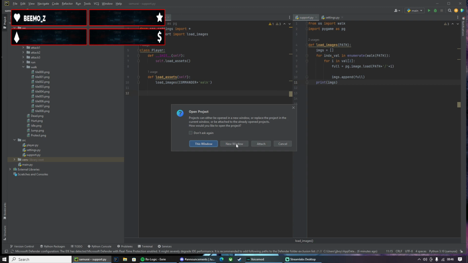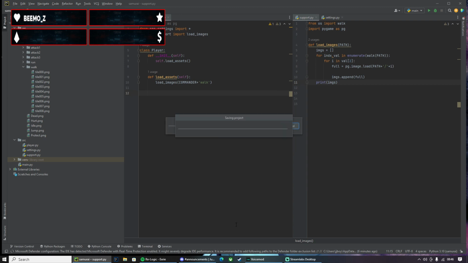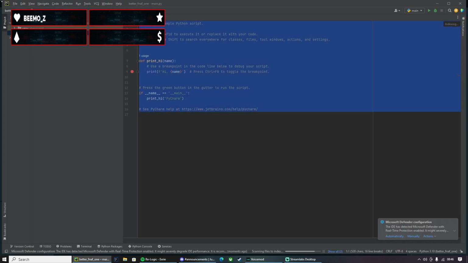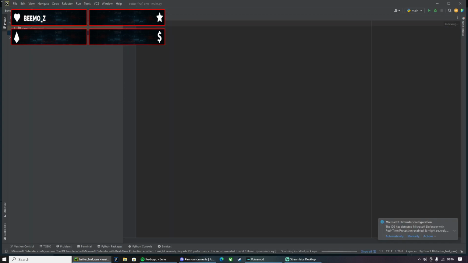Okay, let's make this window so we can get everything ready, and if my phone works I can hopefully get chat on. Okay, so there we go, this is working. Let's just get the basic stuff sorted out for now.